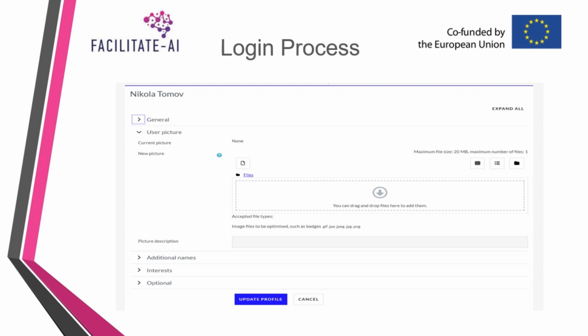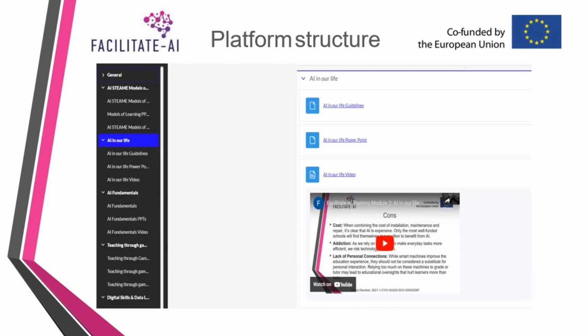Here we can add some additional information about us. We can add a picture, we can use some aliases, we can add our interests and update our profile. When we log in to the platform, now we can see the trainings, the modules, and the learning materials.